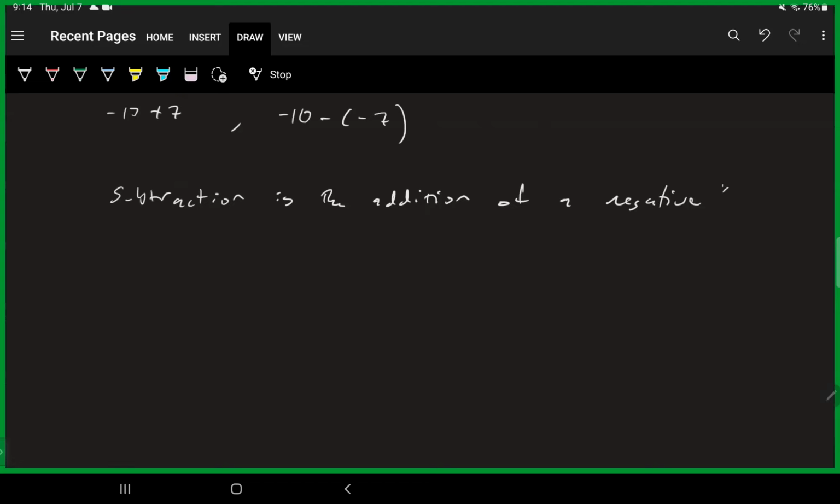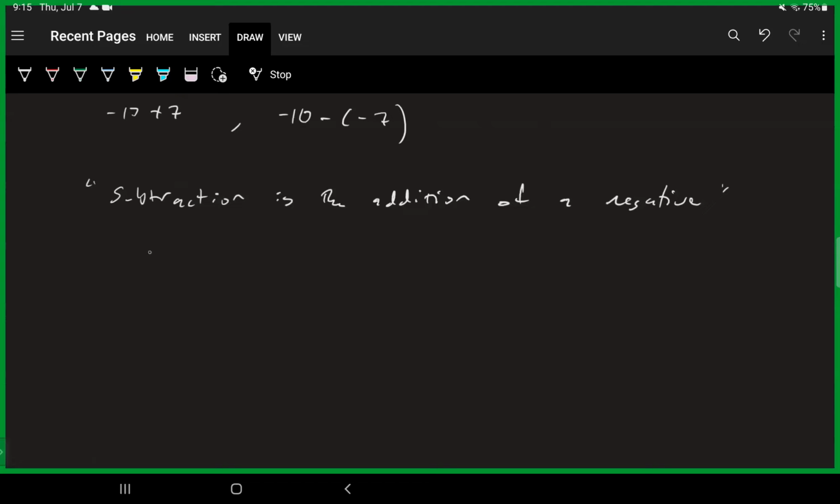This is something that you're going to want to write down, and you're going to want to try to put this in your mind all the time. It needs to be internalized. Subtraction is the addition of a negative. And so we're going to have that same idea that we had before where the bigger number goes on top, but we also need to know that absolute value comes into play.